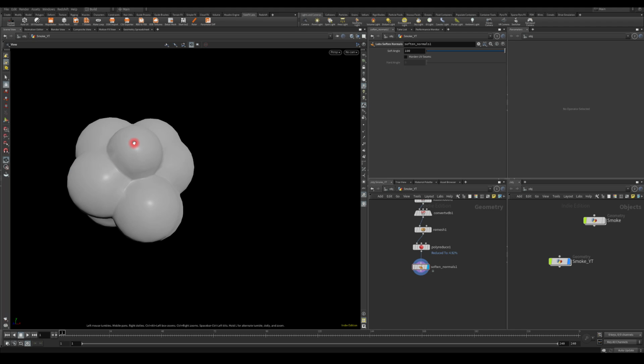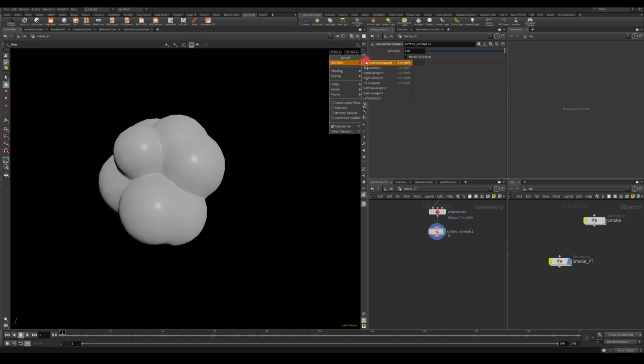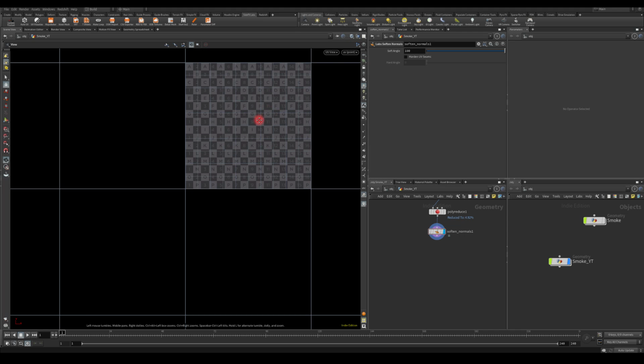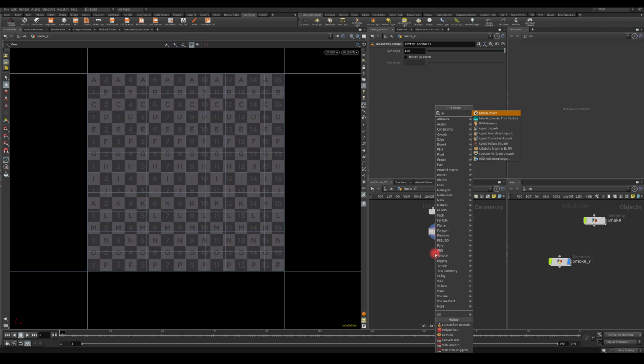Cool, so this is what we have. It's got 2000 polygons, which is exactly what we want. And now, ideally, we want to create some UVs. So I'm gonna switch the view from perspective, set view to UV viewport. And as you can see here, we don't have any UVs. So what I'm gonna do, I'm just gonna create auto UV